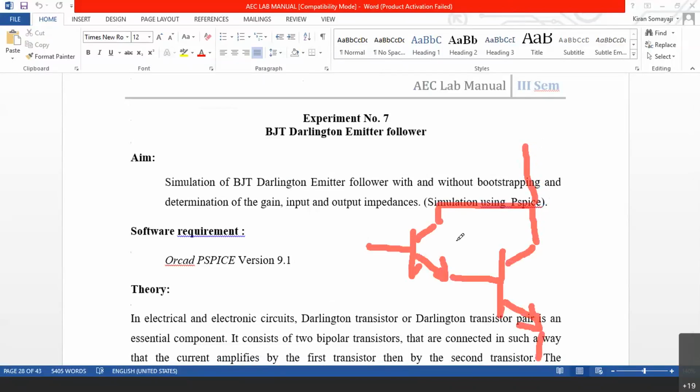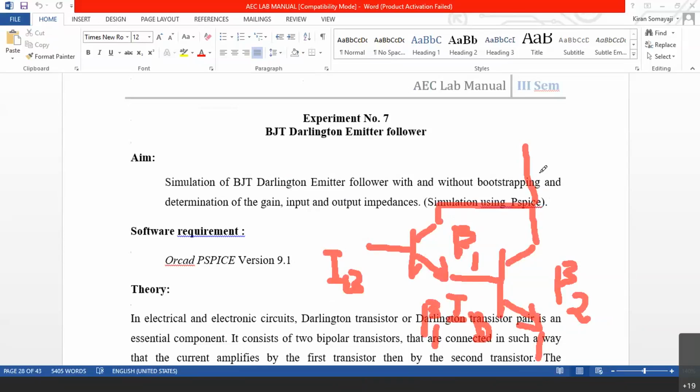Now, this will have, let us say, beta 1, and this will have beta 2. So now whatever is the base current here will be multiplied by beta 1. So at the emitter of the first transistor, it is beta 1 into IB. Now, beta 1 into IB is given as the input to the second transistor, and you can see the collectors